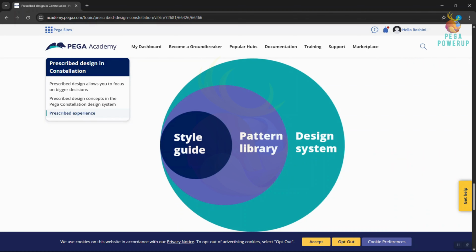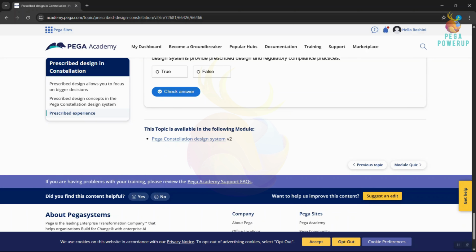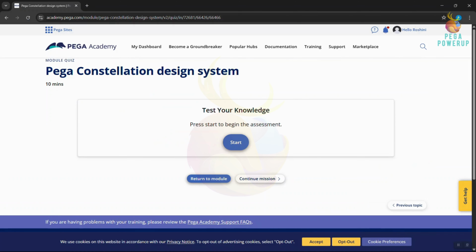Style guide, what is a pattern library, design system. So they basically say that in Pega Constellation they wanted to have the proper design concepts, right? The design thinking concepts. And so that's what they have implemented. That is their